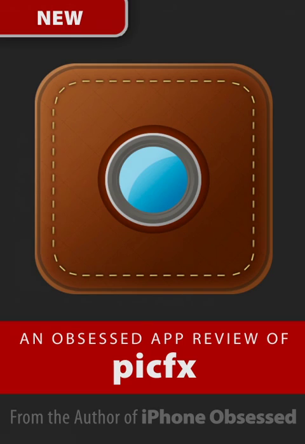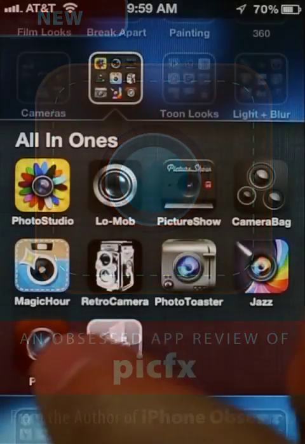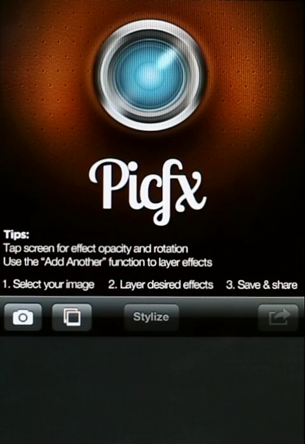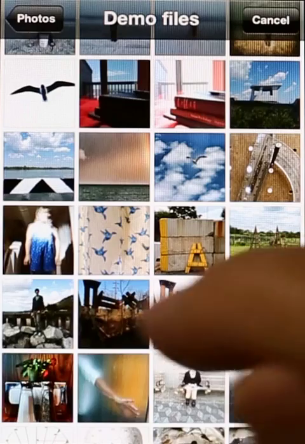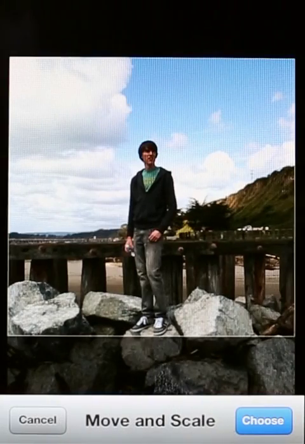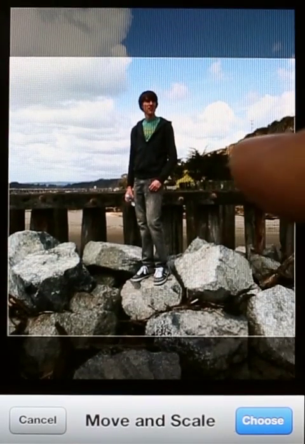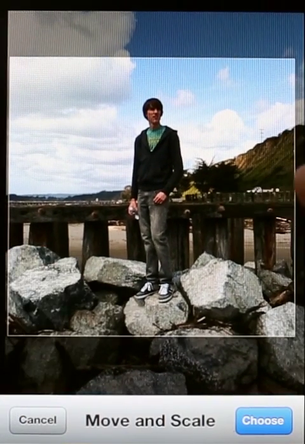Another all-in-one that's getting a lot of attention is PicFx. I think it's for the Instagrammers of the world, maybe, because it only deals with square pictures, which is, I think, a limitation. Anyway, you can bring in an image here. Picture of my son here. You pinch and zoom and find the area that you want to use as the square,